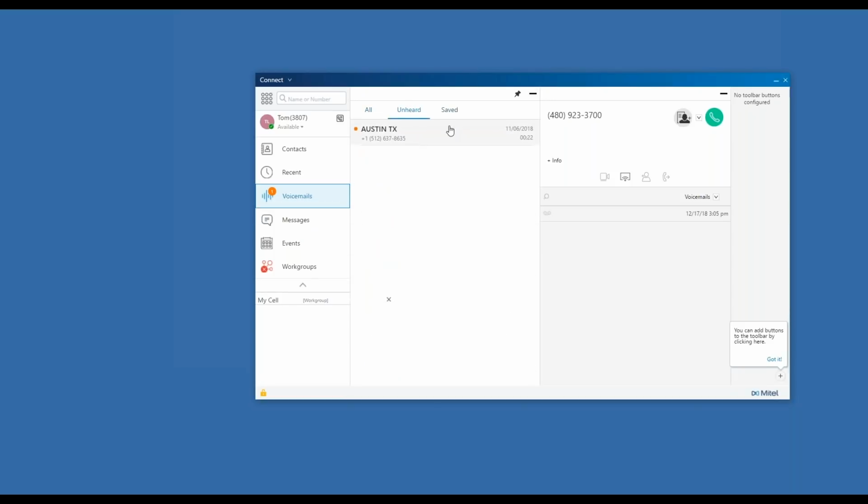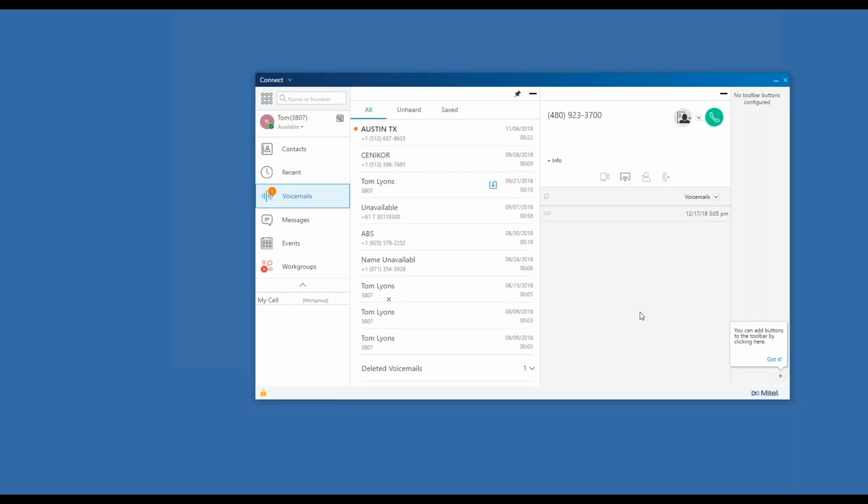Unheard is just going to show the ones that are not heard yet, and then saved is going to show the ones that are saved. As far as that goes, that's pretty much what you can do with the voicemail system now in the actual